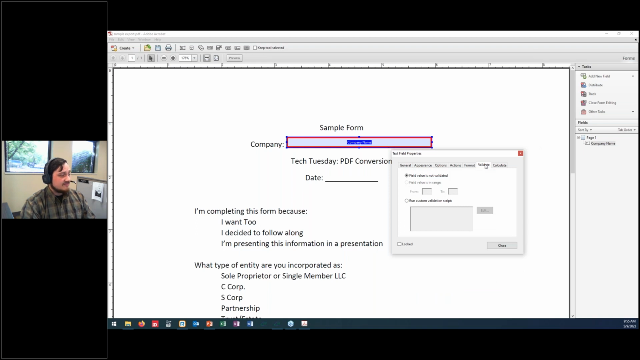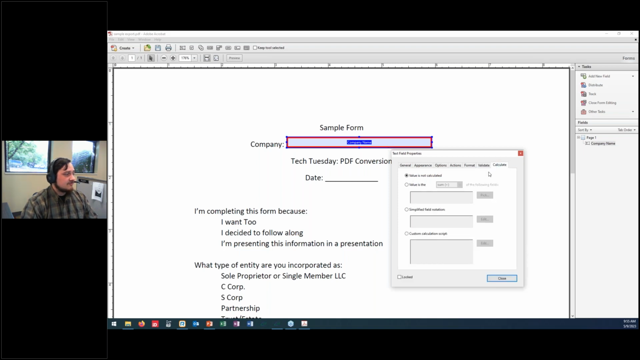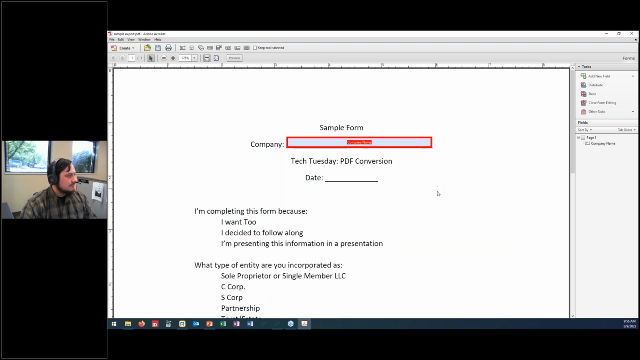Then you can add form validation here as well, which is kind of a scripted thing. A lot of times you're not going to want to take advantage of this, but what it does is it lets you validate what's actually entered into that info. And finally, if you're going to use a set of fields that are going to do math, you can add a calculation here for manual entry. I think this pretty much takes care of entering a company name, so I'm going to hit close and click